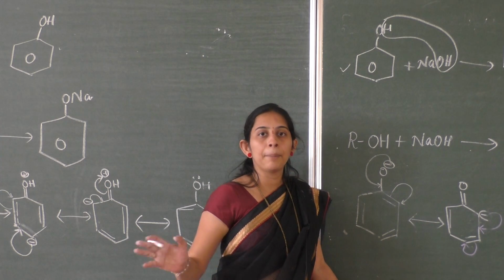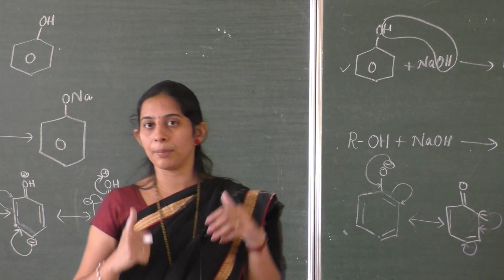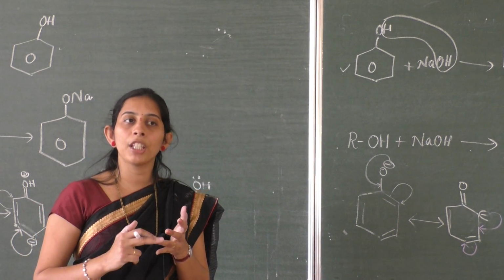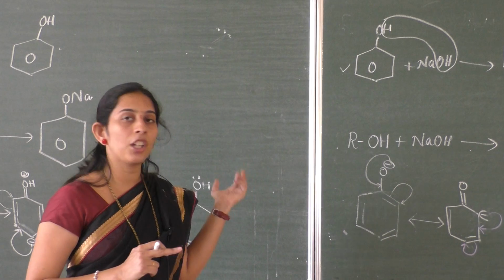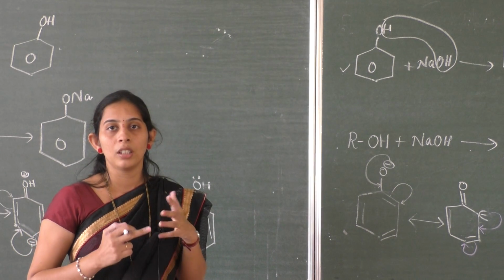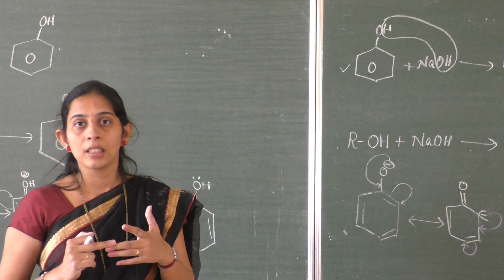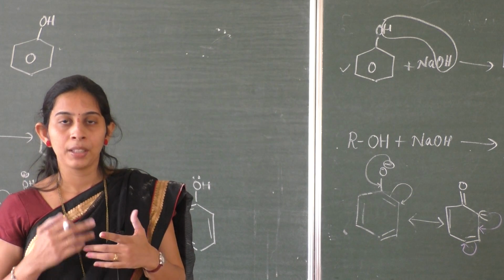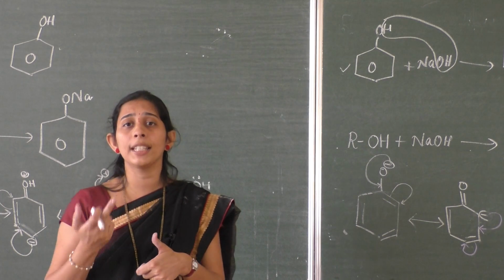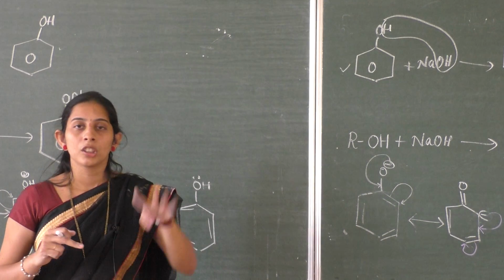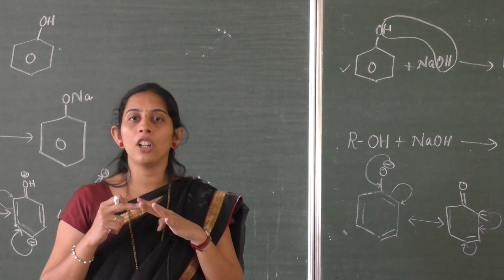So in the comparison study, initially we said why phenol is acidic, because of the charge separation. Next, comparing phenol and water, why phenol is more acidic. The next one is comparison of phenoxide ion and alkoxide ion. Alcohol as well as phenol compared, treating with the base, which one is more acidic? The last one is comparison of phenoxide ion with phenol. Which is more acidic, phenoxide ion or phenol? So for acidic nature, we studied the comparison of four different molecules with the phenol.